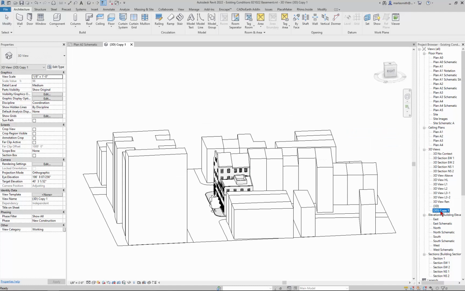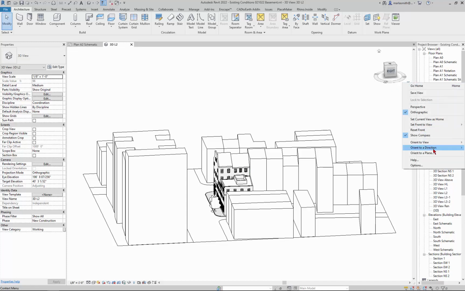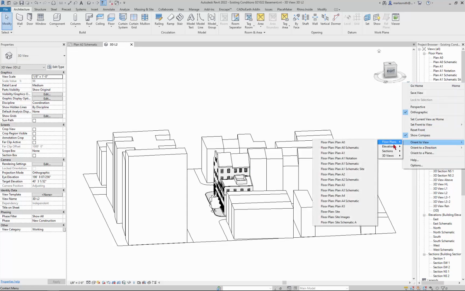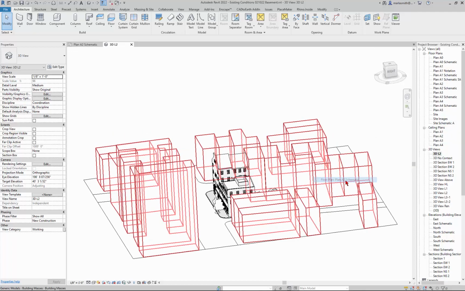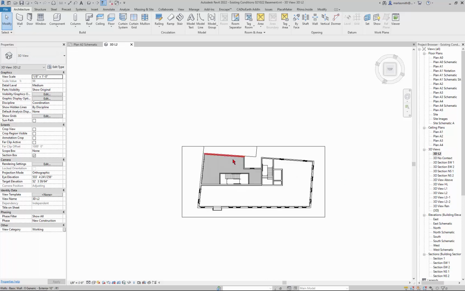And I'll name this 3D L2. Okay. And then, just like we did for the bar, I'll come in and go to Orient to View, Floor Plans, and I'll go to Plan A2 Schematic,